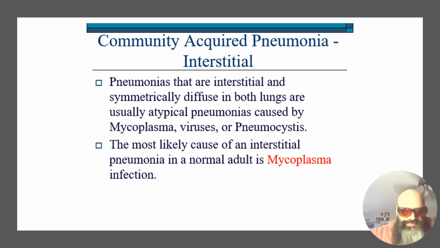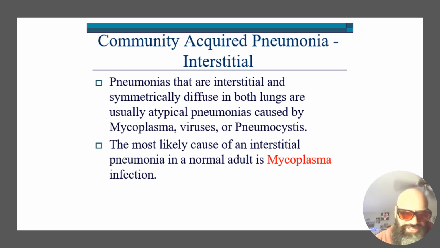So pneumonias, there's different types of interstitial. Now, most of these are caused by particular viruses or presentation of the patient. Pneumocystis is found most commonly in immunocompromised patients. And in some situations where interstitial and diffuse infiltrates are seen on chest X-ray, which are both symmetric, they're usually caused by a term we use, and